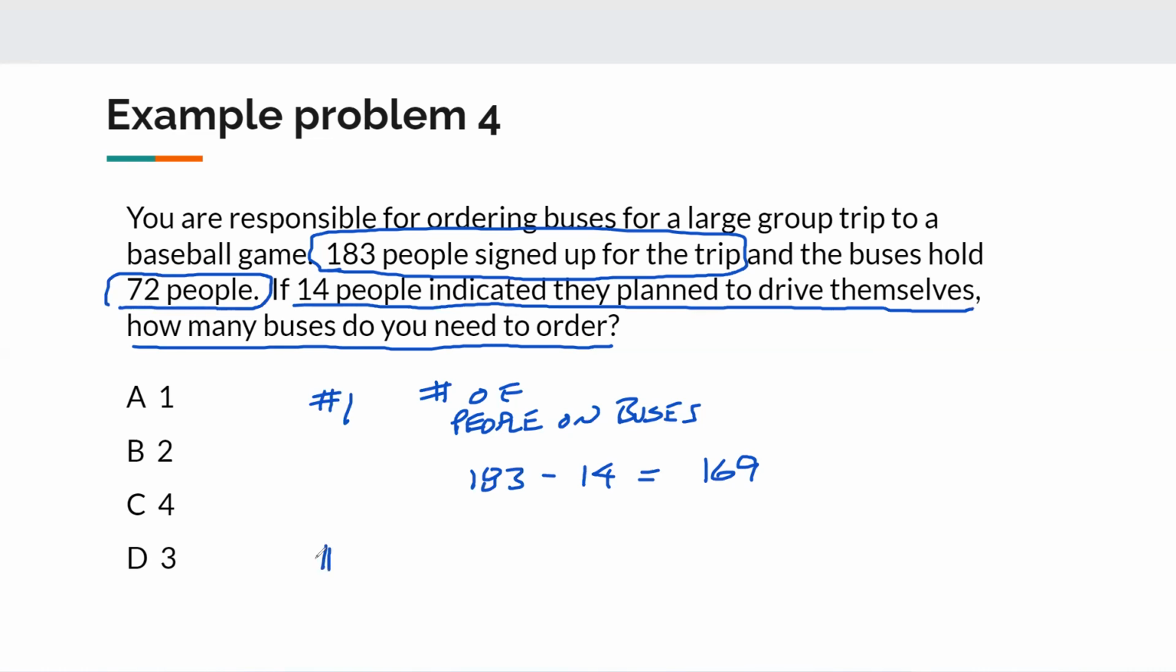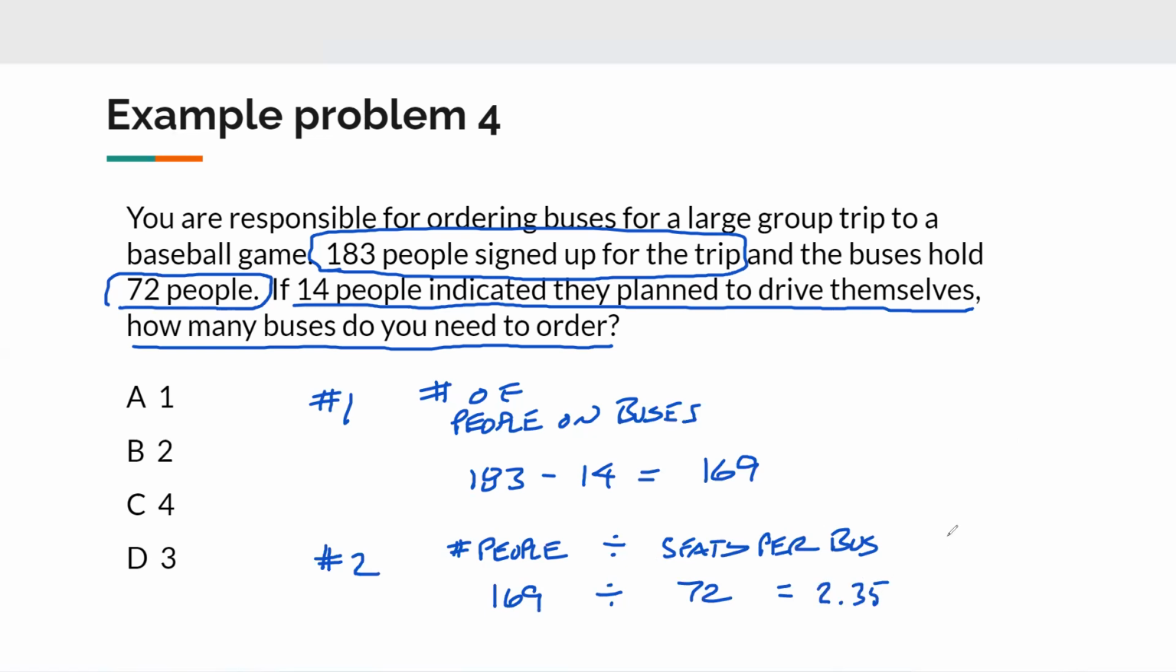Step number 2, let's find out how many buses that takes. So if we have the number of people and we divide by the seats per bus, that should give us the number of buses. 169 people divided by 72. Get out your calculator and let's do that number, and we get 2.35